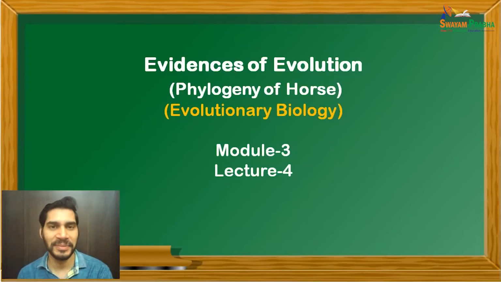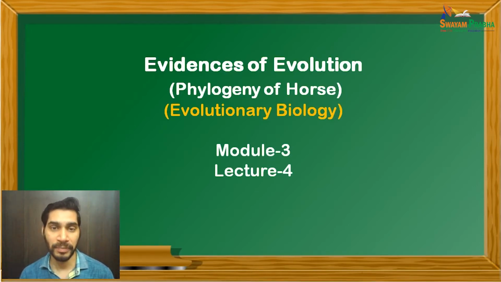Hello learners. So today we will discuss the same module, that is evidences of evolution, from the paper Evolutionary Biology. Under this module, so far what we have discussed is the different evidences or proof in support of evolution from different branches of biology. Then we particularly focused on paleontological evidences of evolution, that means how fossils prove the theory